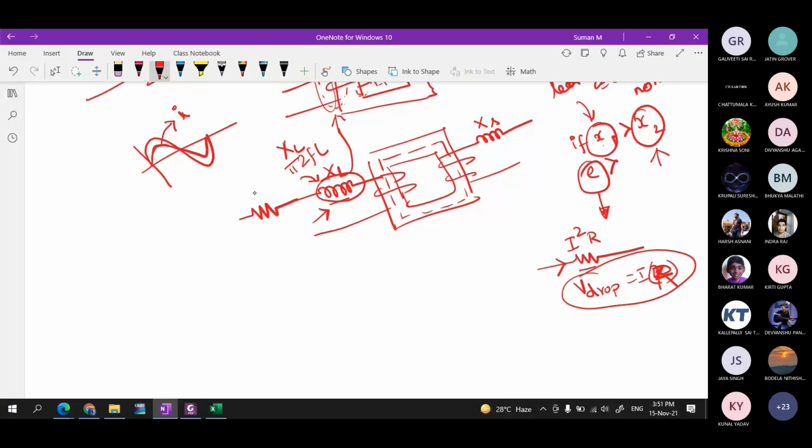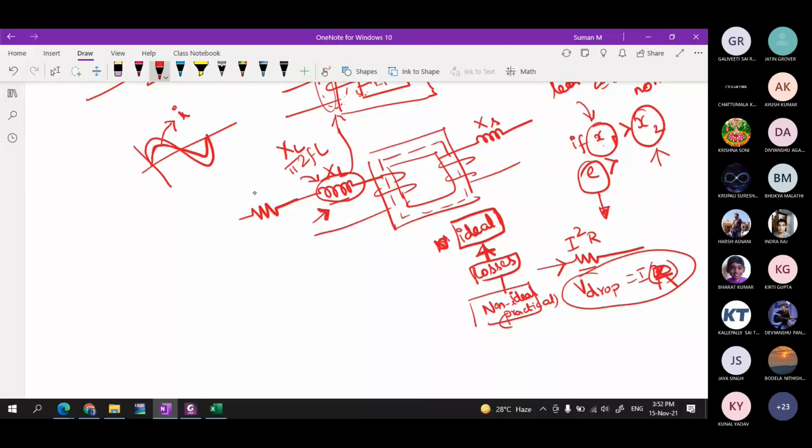What we are doing here is we are removing the idealities. In the ideal condition, we consider that there is no loss. Now we are including the losses, then we are coming to the practical. If we include the losses with the ideal condition, then it is a non-ideal transformer. We are more interested in the non-ideal transformer, that is nothing but the practical transformer. So we are including the losses.